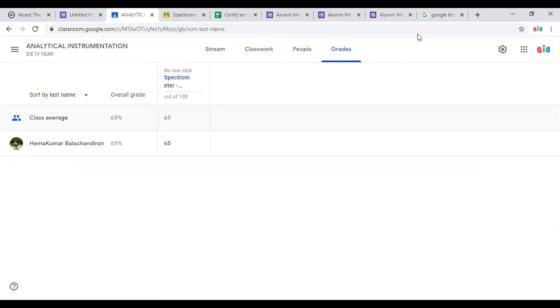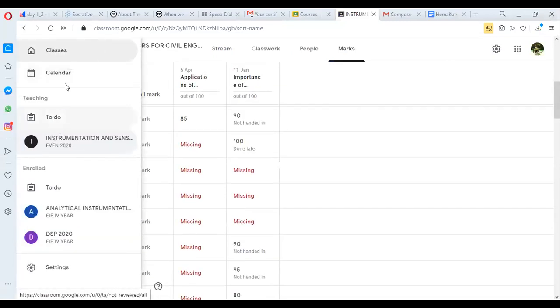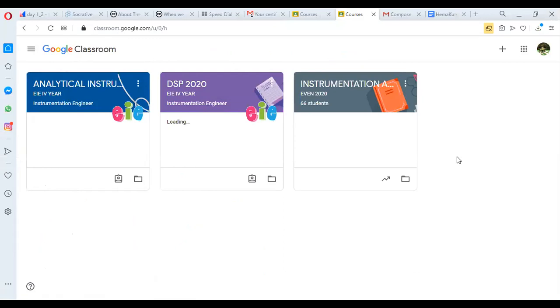And coming back to our side as a teacher, there is another interesting feature available here. Suppose you have a good number of classes created. I want to say next semester I want to copy the same. I don't want to create everything from the start. All the assignments have already been created. I don't require to do it again.